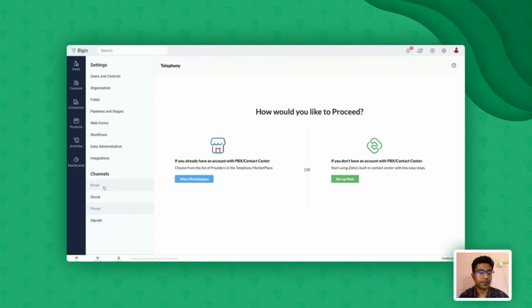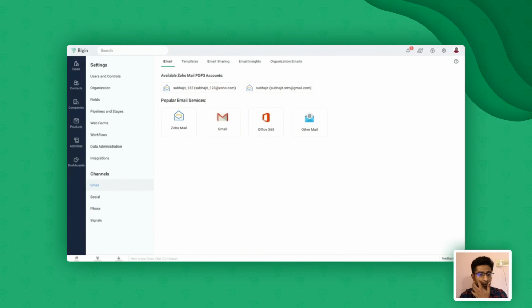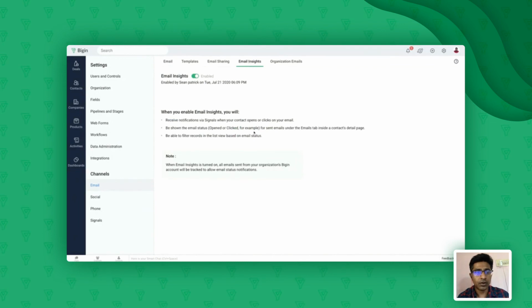custom PBX provider. Now, going back to the emails, I just wanted to share something with you. We have something called email insights as well. If you're sending out emails, and if you want to track those emails, see the responses, see whether the email got bounced back, or whether it has been opened, or whether it has been delivered, you can do that in Begin. You can turn on the email insights, and once it is turned on, your emails will be tracked and you'll be able to see whether they're opened or clicked, whether they bounced, basically the statuses of all your emails.